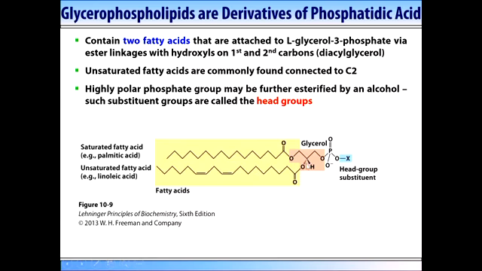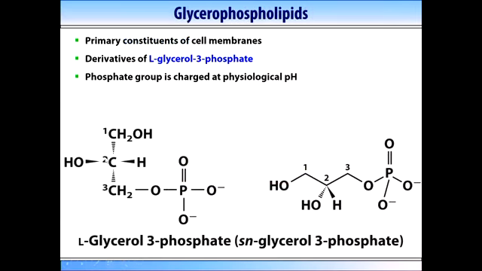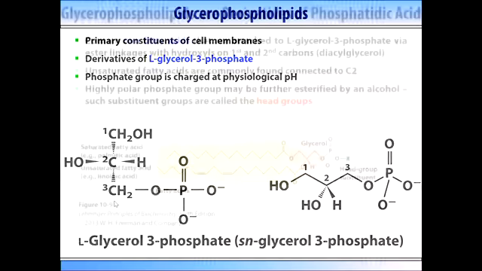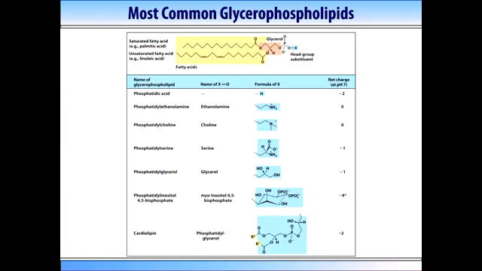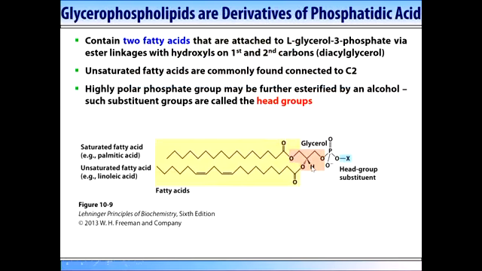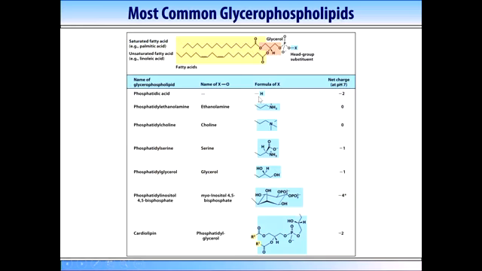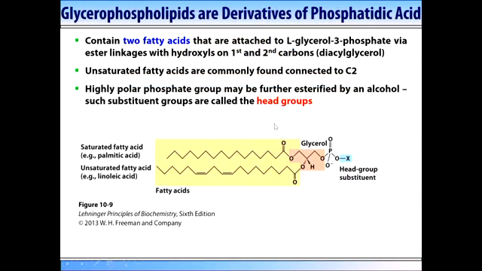Again, if we go back here, the second carbon is this one in the middle, with this OH. The one which connects to this middle carbon is the one which is unsaturated, and the one which is connected to the terminal hydroxyl is the one which is saturated. Different head groups are attached to the phosphate. Phosphate by itself is charged, but the modification is more sophisticated. This X group, which is attached to the phosphate here, can be different things. If nothing is attached, then what we have here would be called phosphatidic acid.